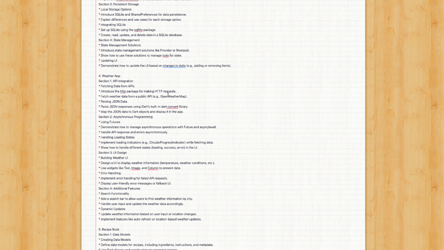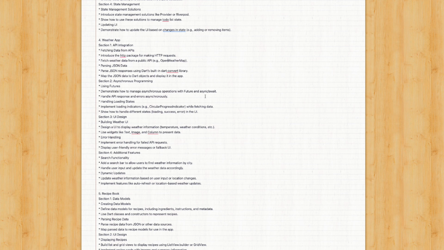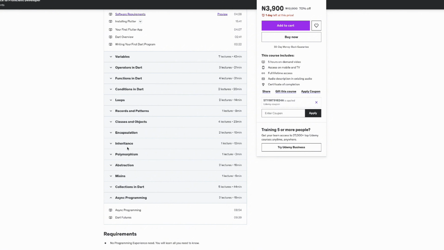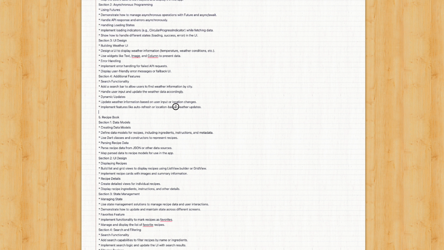Here, it is just to introduce you to how you work with APIs. So building apps, you're going to be working with a lot of APIs from the backend. And this is a good app to showcase that. And there we talk about asynchronous programming, which you must have been introduced to in our DAT course. Cool. You see why you need the DAT course? Cool. And then we will implement some search functionality, how to handle errors from your API request and stuff.